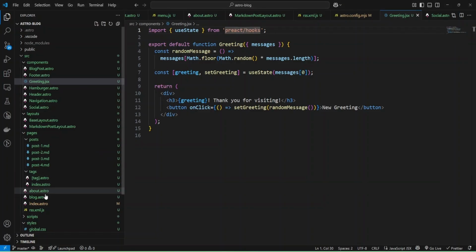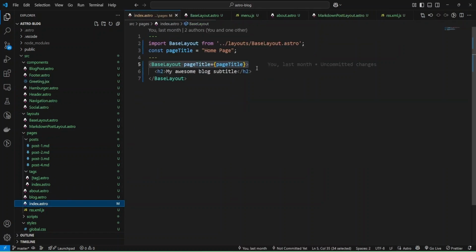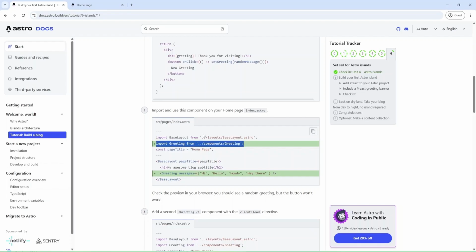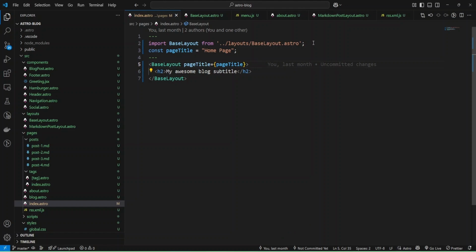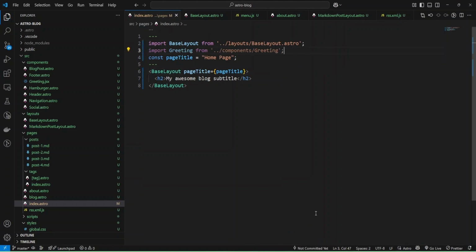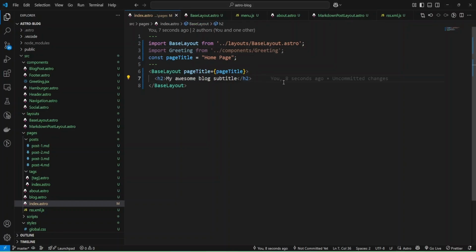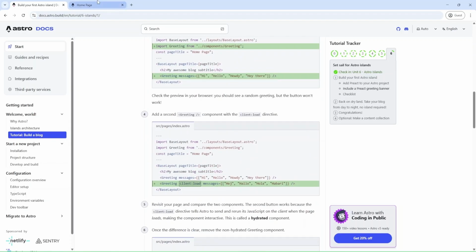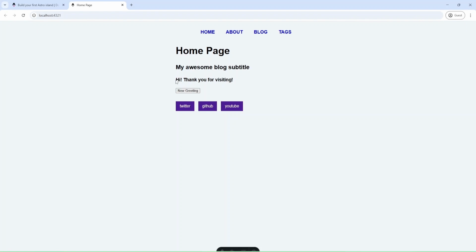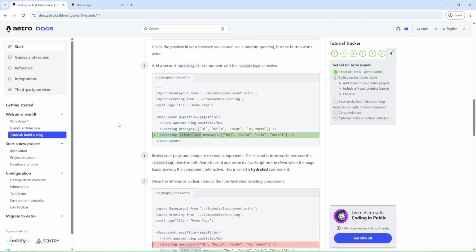And I need to open index, and let me check, add it below base layout, and below h2 tag we'll add component. Okay, and let's check. And as you can see, we have message greeting, and also we have button, and button doesn't work. Okay, and let's check next.